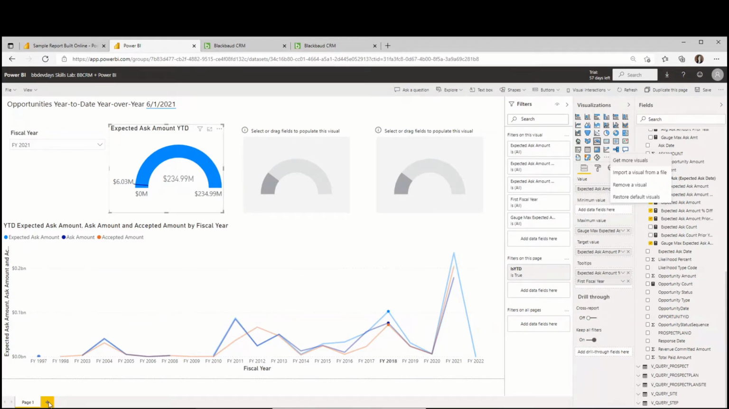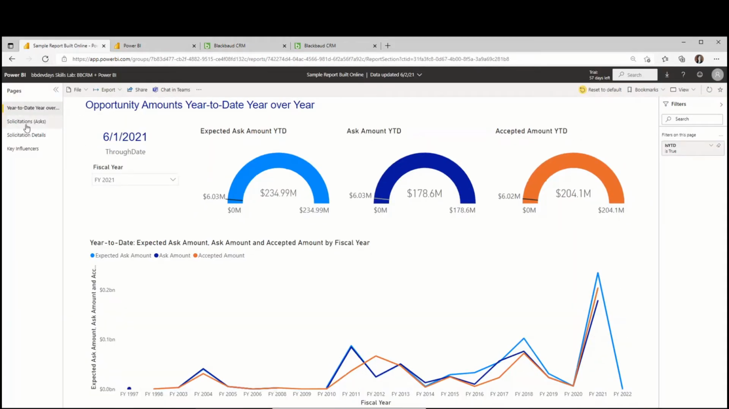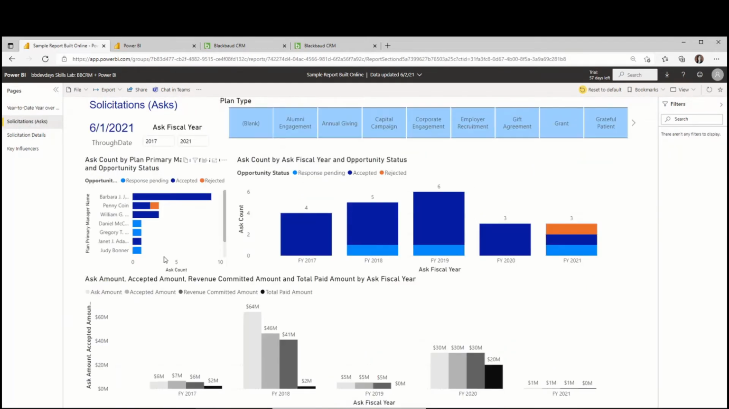I do want to move on to the next step here. So we're going to add a new page. Now the next page is about focusing on asks. We're going to start with the stacked bar chart, and we'll get to this filter view here. I'm not in edit mode there, so we're gonna do it all in edit mode so you can see what